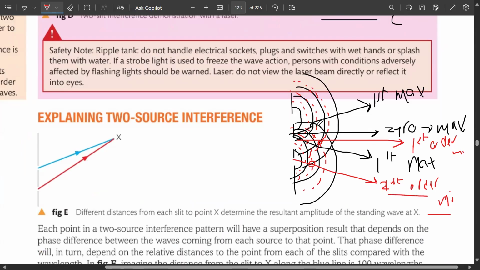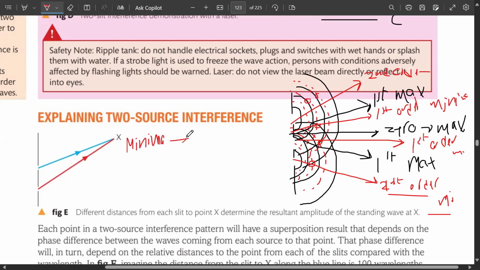फिर यहाँ पे भी देखिए. You can see also crest and trough meeting. ठीक है? तो ये भी क्या है? First order minima. Got it? फिर आप यहाँ पे देखो over here as well. Over here ये क्या है? This is going to be the second order, crest and trough are meeting. This is second order minima. Clear? So on a summary,